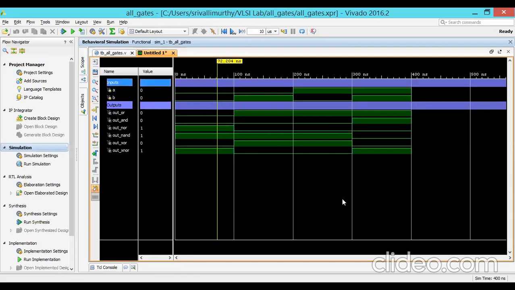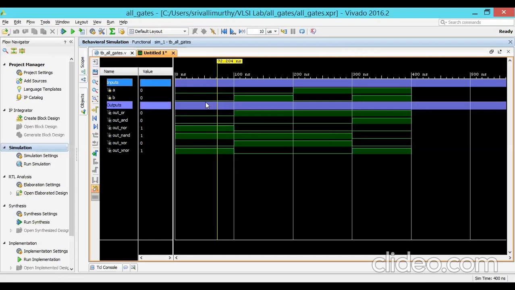Now see, the inputs are A, B. You can easily analyze them; for that purpose I divided them. Anyway, the signals we got are A, B, and the outputs for OR, AND, NOR, NAND, XOR, like that. We got input and output signals, but for easy debugging and analysis purposes, I divided them like that: inputs separately, outputs separately. So now, one by one.